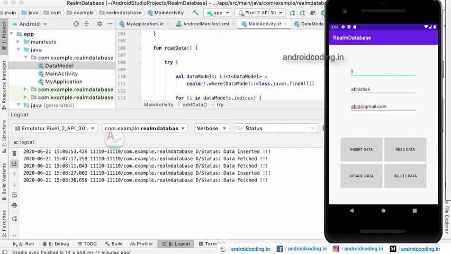You might get confused why I have clicked on insert data here again. Because this is a simple example, I have made the update function a much simpler one. Basically, when you are updating the data, the procedure is we are fetching the current data in our database, appending the data, and again saving the data.